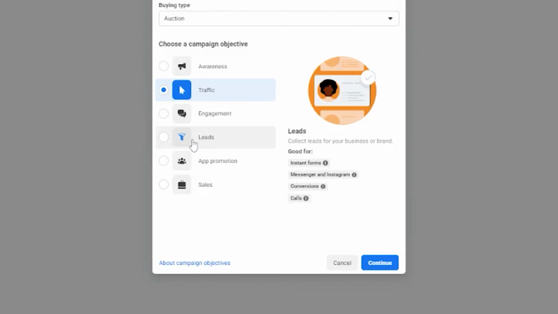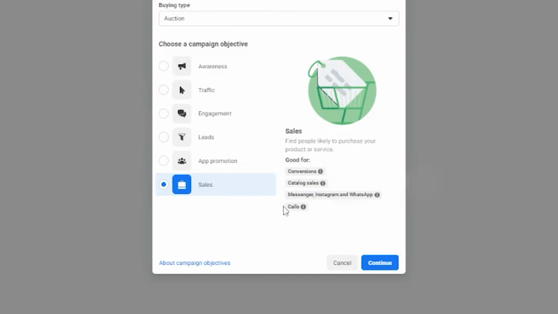And you're also going to see additional objectives, something like traffic, something like sales, and something like leads. Now those are somewhat similar to Ad Center, but again, they're a little bit more literal, because if you select sales, you will get to dictate what type of action that is. So these are ways in which Ads Manager is going to be far more robust than Ad Center, giving you those additional options. Same when it comes to leads, right? Over on Ad Center, it's giving you the option of creating that lead form.